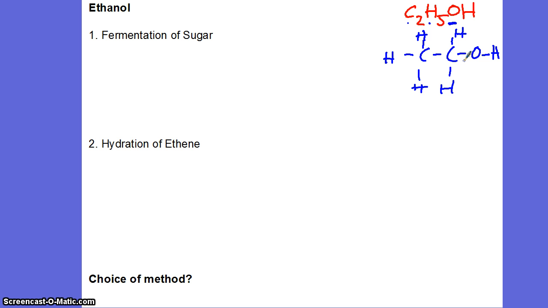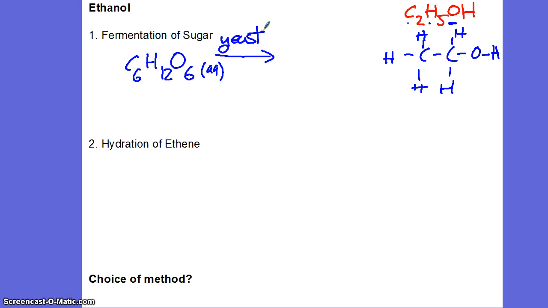So the fermentation of sugar, what you need to take is an aqueous solution of sugar. So let's take glucose, which is C6H12O6, and dissolve it in water. It's very important to have it dissolved in water. And then we combine that with yeast. Now there's an enzyme in yeast called zymase that helps to break our sugar down,